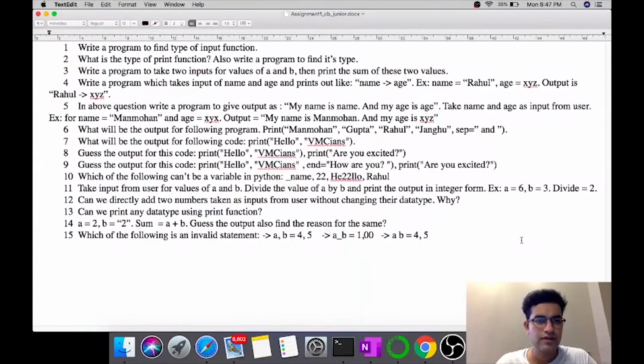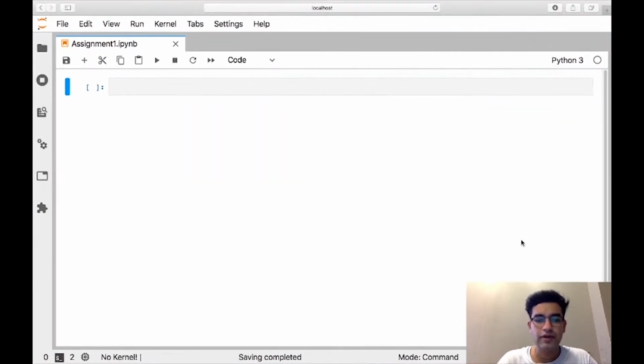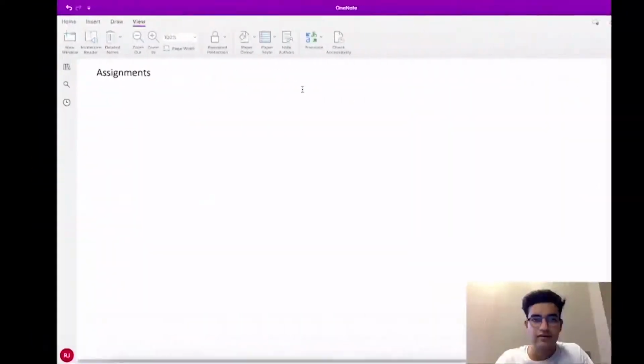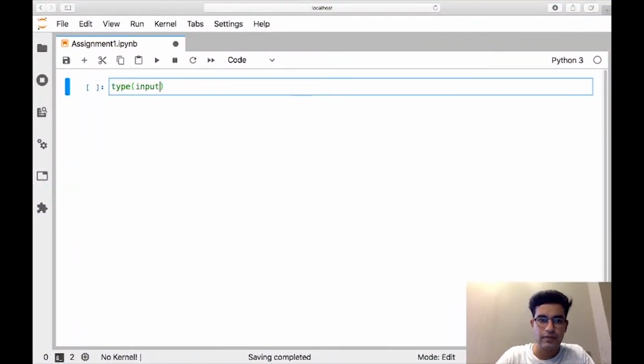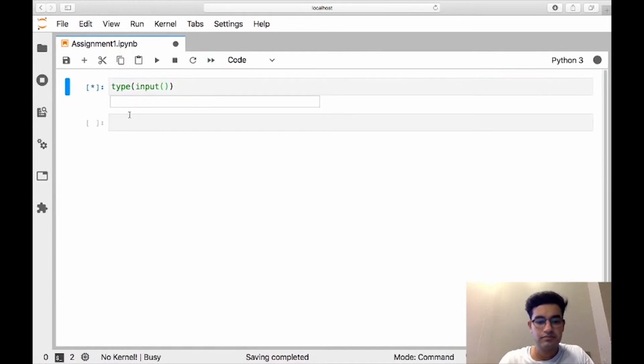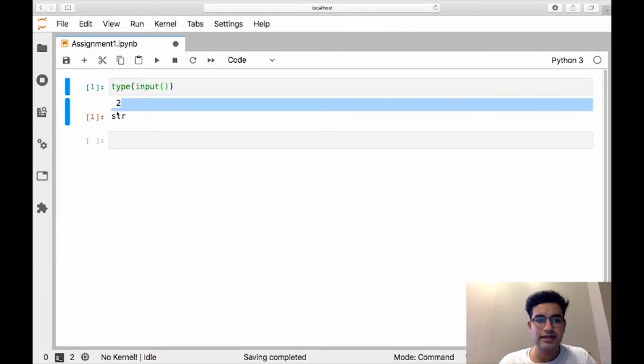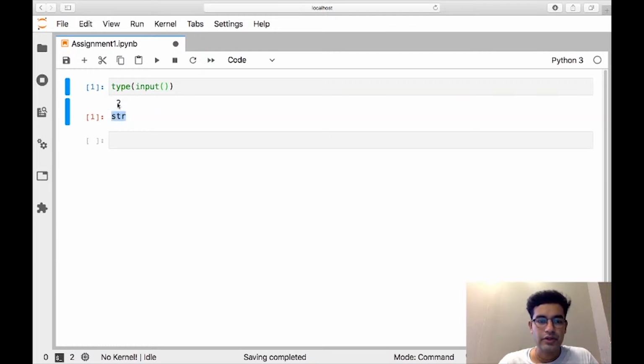So the first question was: write a program to find the type of the input function. So we have to write a program in which we can find the type of our input function. We have a predefined, built-in function named type, which returns the type of the data type, right? So here it goes. It is string. I gave input 2, but it is returning me a string, but 2 is an